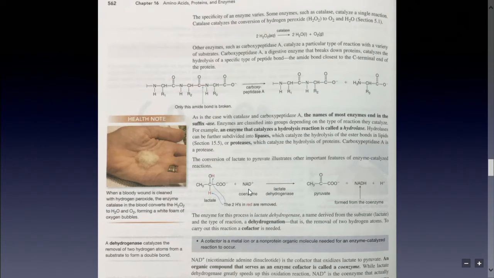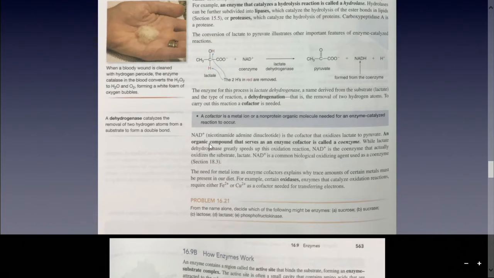Like in this case, NAD+ is participating in the chemical reaction with lactate. Lactate dehydrogenase is just the catalyst. But both of these are considered enzymes because they're proteins. I'm sorry, no, this one is the protein. This is a coenzyme, but it's not a protein. That's why we call it co. It's like a co-pilot. Not really a pilot yet, but